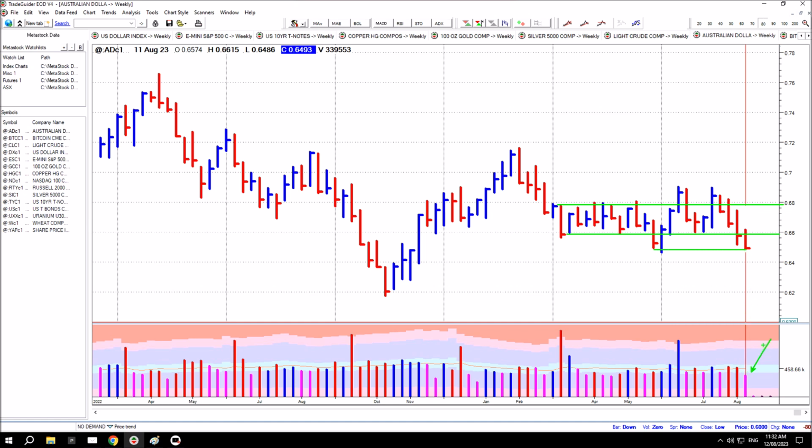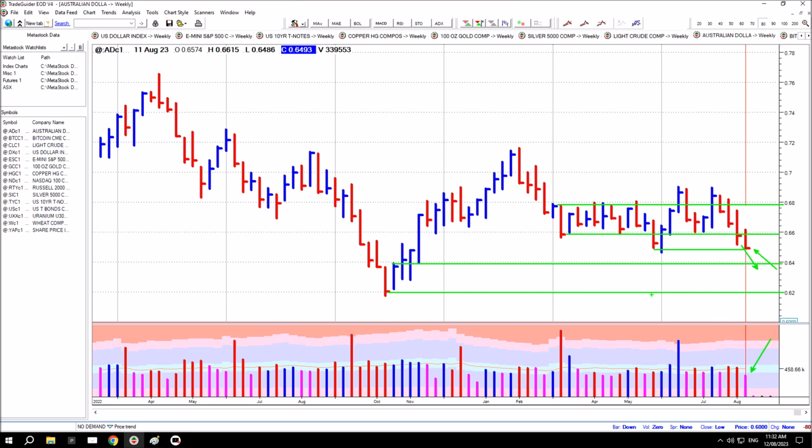Volume was low this week, well below average, and that justifies the narrow spread. But with the strength in the US dollar, this is pushing this market down and making it difficult for the market to continue to find support at this level. And you've got the lows of the range down here, roughly there. So if the US dollar continues higher, I expect this market to push down towards this level, 62